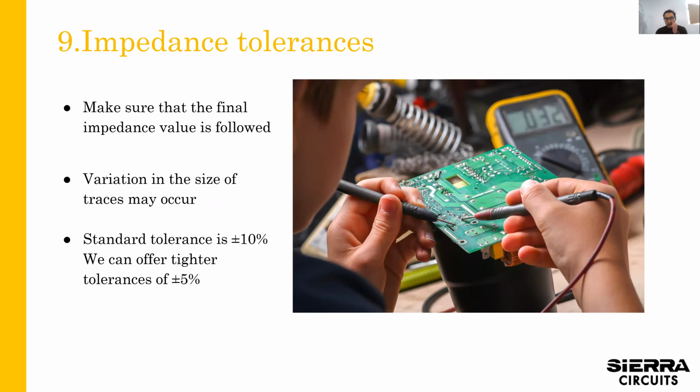So speaking of tolerances, for characteristic impedance, we like plus or minus 10%, and we can go down to plus or minus 5%, and that's with what's called a first article, where we basically run your board design completely through the shop to measure out all the tolerances that have happened, and we make adjustments. And then the second time we run it, we're going to have a tighter tolerance on the characteristic impedance, because what makes up characteristic impedance is the quality of the etching, the accuracy of the etching,